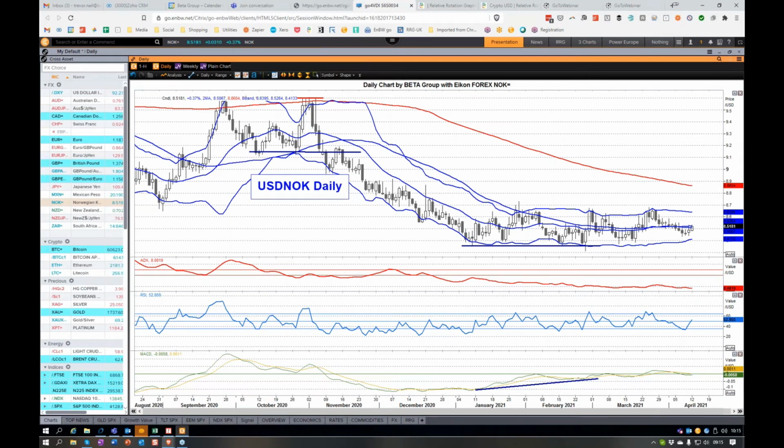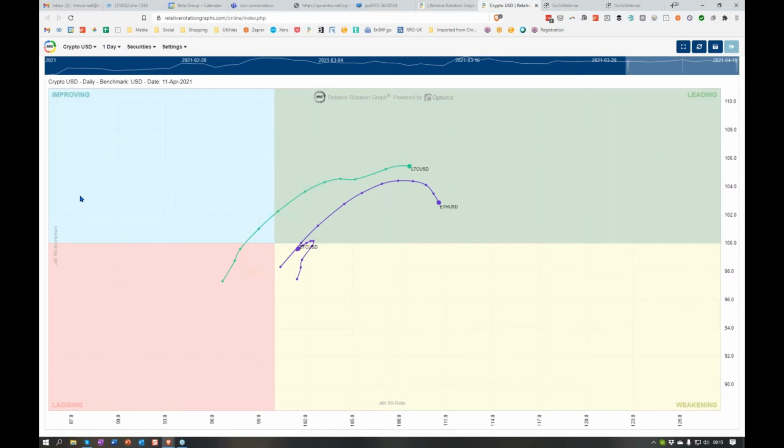Okay, I think I want to get on to cryptocurrencies, if everybody's happy with the currencies versus the dollar. Let's go to the RRG to get the context. Those of you that were here last week will remember that we had Bitcoin in this position here, and over here we had Litecoin and Ethereum. But quite early in the week, Ethereum overtook Bitcoin, which turned back on itself here, and Litecoin came around hard too, both of them making new highs powerfully here